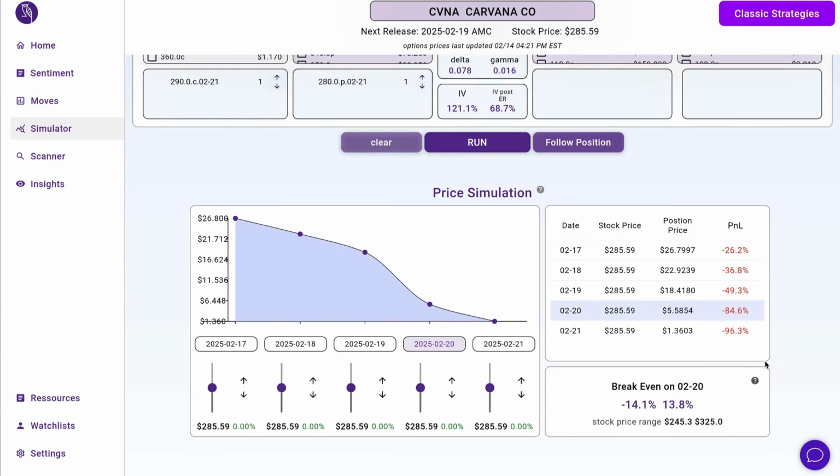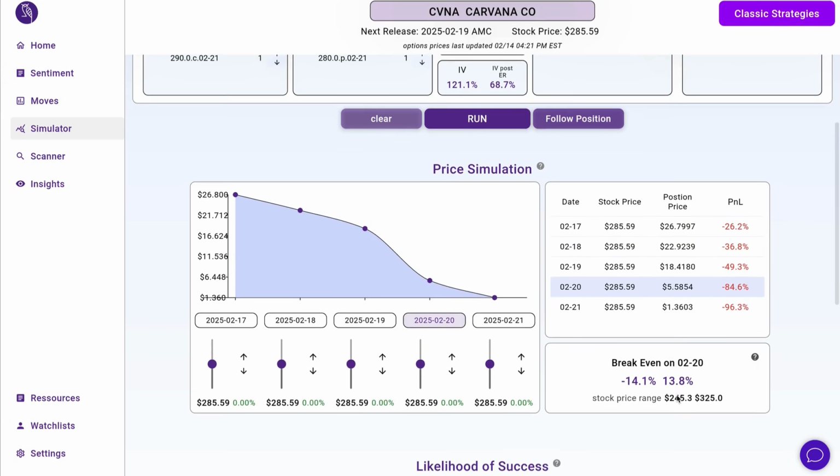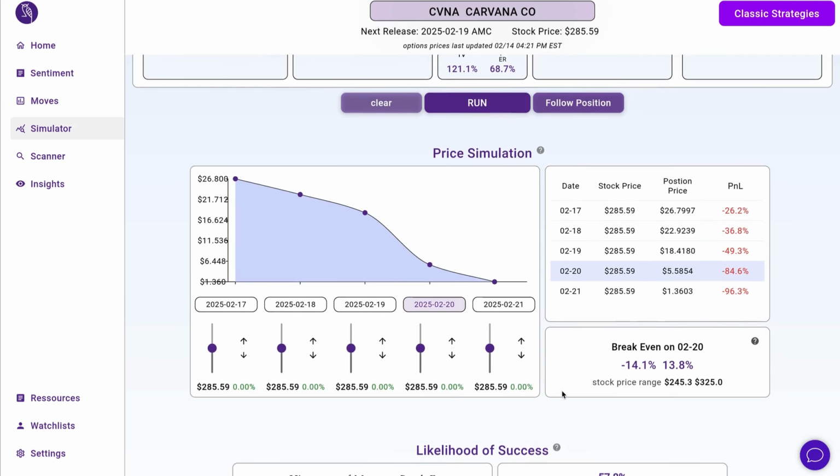As we scroll down, we get a more precise idea of our break even here, as we've seen in the implied move range, expected to be in the 14%. But especially, we're interested in these risk rewards again, and here is a classic example of how studying those numbers helps us really calibrate our risk reward. We see that the worst case scenario loss, if the stock does not move at all, which we have seen to be unlikely, a 0% move, will be an 84% loss.